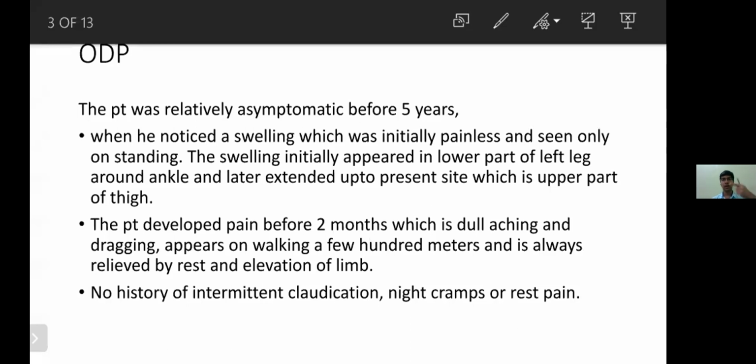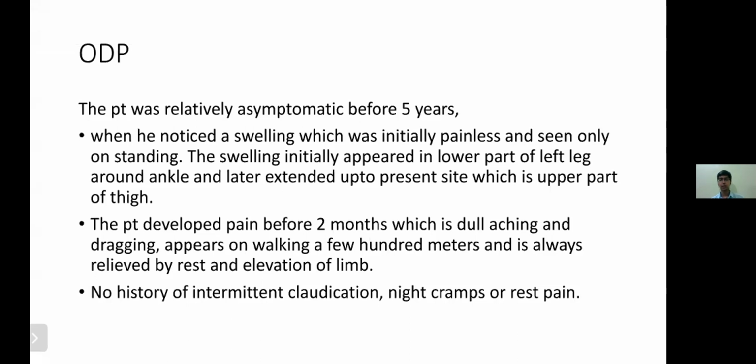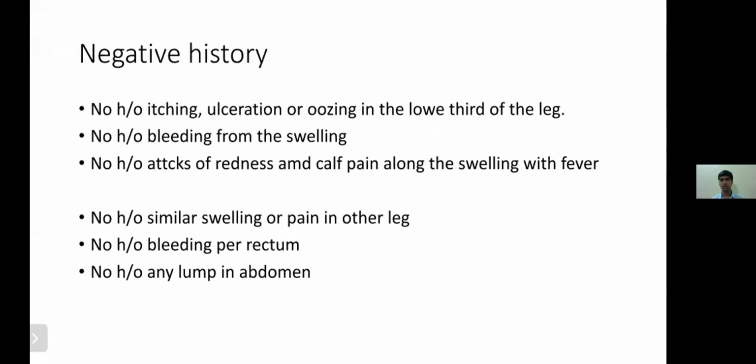So now you have to rule out, in the negative history, the cause and the complications. Every time you go systematically. So you have found out the varicose veins. In the next slide, the negative history, you have to rule out cause and complications. There are a variety of causes, but that will be covered in the family history and personal history, and some in the negative history. The cause ruled out is DVT. So obviously no history specifically of sudden swelling of the calf or sudden bursting pain in the calf in the past. That is DVT. There is swelling and sharp bursting type of pain. That is not present. DVT ruled out.